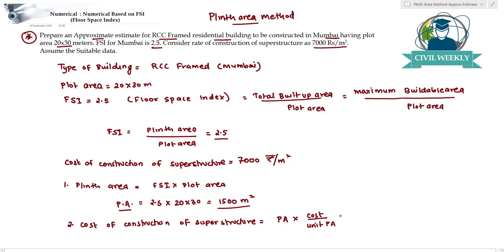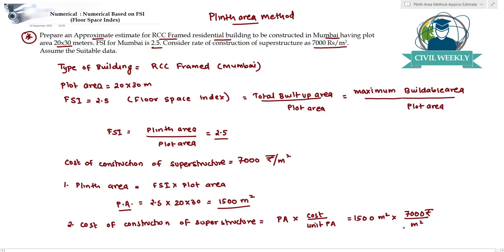So the plinth area we have calculated, that is 1500 meter square, multiplied by the cost per unit plinth area, which is nothing but the rate of construction. This rate is given to us as 7,000 rupees